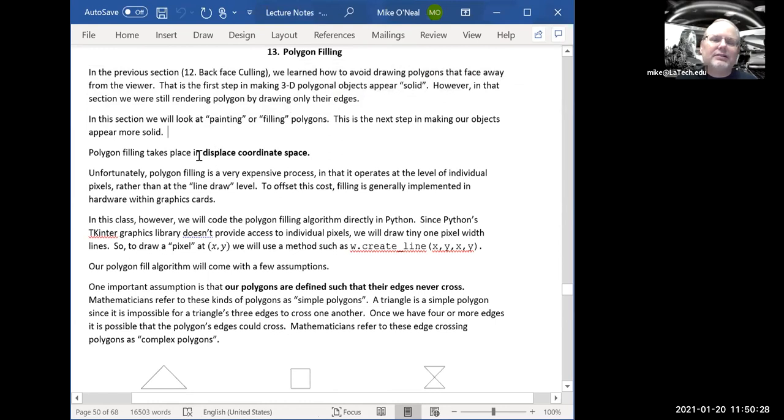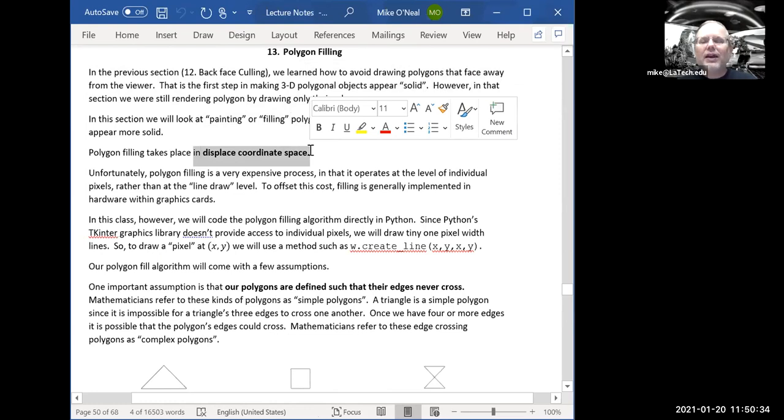First thing is that you need to realize that we are going to be painting our polygons in display coordinate space. So the polygons that we're going to be painting are actually two-dimensional, flat polygons, because we will have already converted to two-dimensional display coordinate space. We're doing this because even though we don't have access to the pixel level of the frame buffer, essentially we are drawing on the canvas, which is essentially the frame buffer, and we are treating it at the pixel level because we have